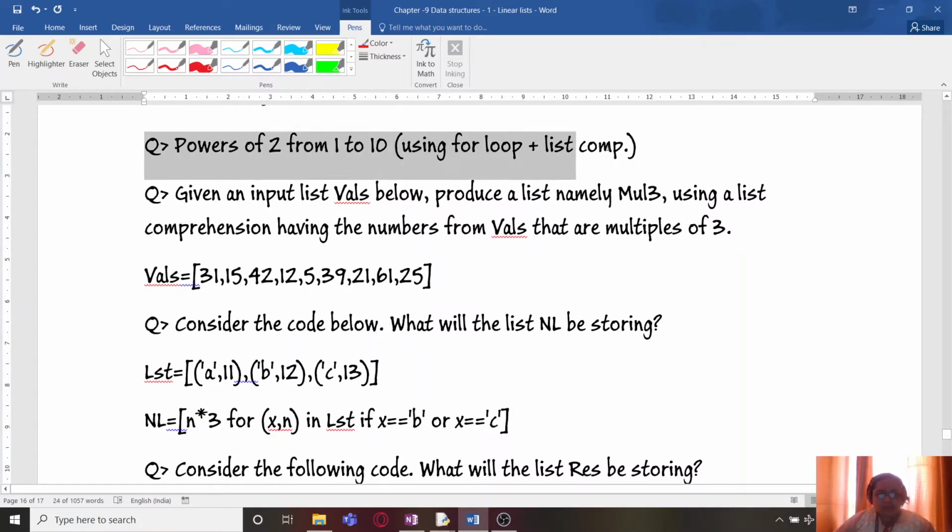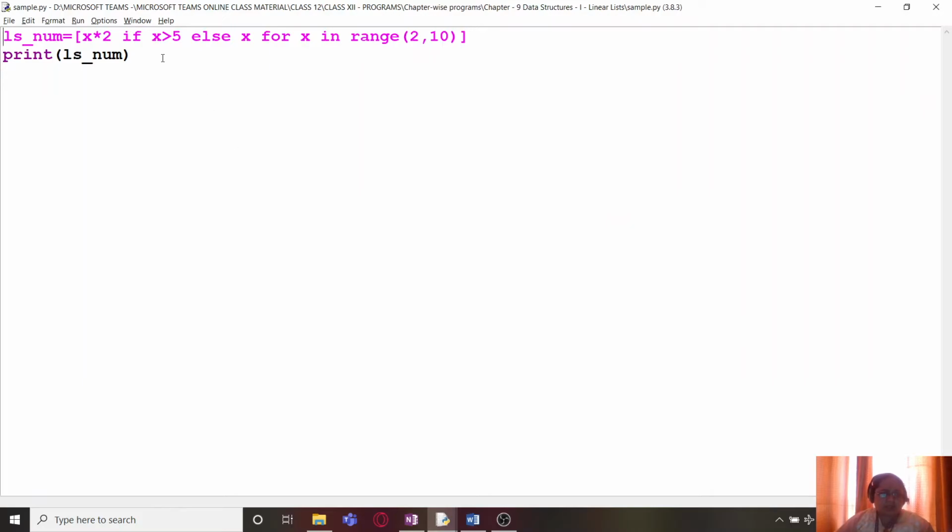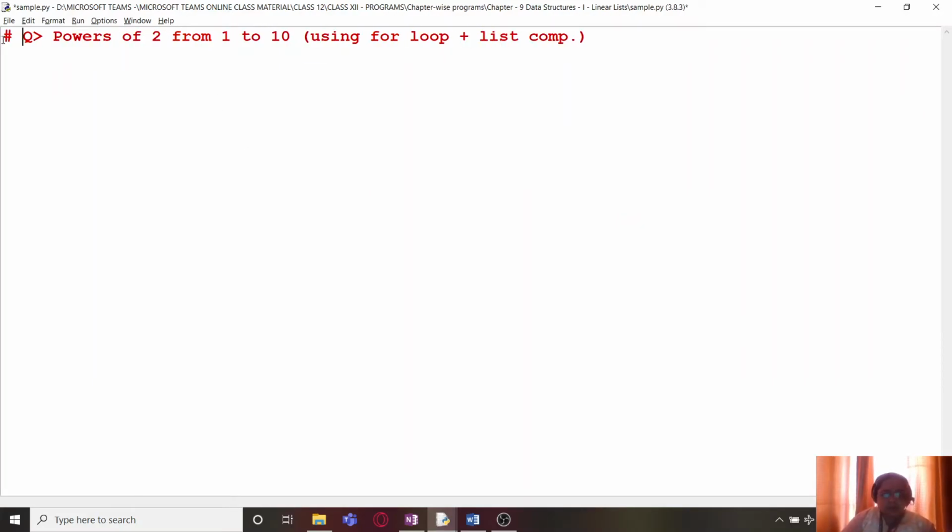Let's check out another example here. Powers of 2 from 1 to 10 using for loop plus list comprehension. Just do it: powers of 2 from 1 to 10 using for loop also and list comprehension. First we are going to use the for loop.